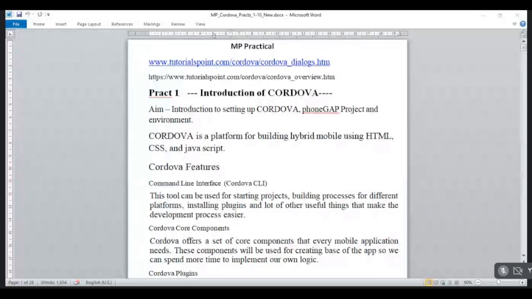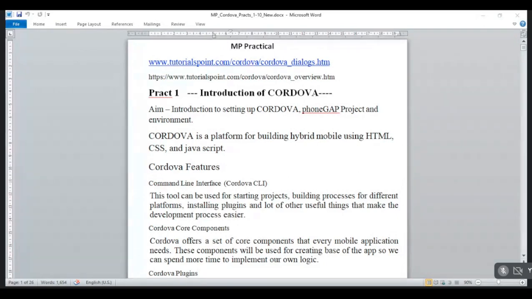Then the second feature of Cordova, Cordova Core Components. It offers a set of core components that every mobile application needs, and these components will be used for creating the base of the app, so we can spend more time implementing our own logic. Third feature is Cordova plugins.